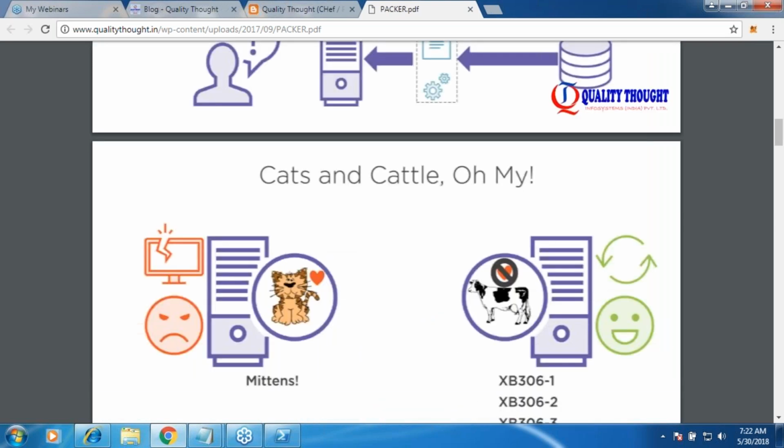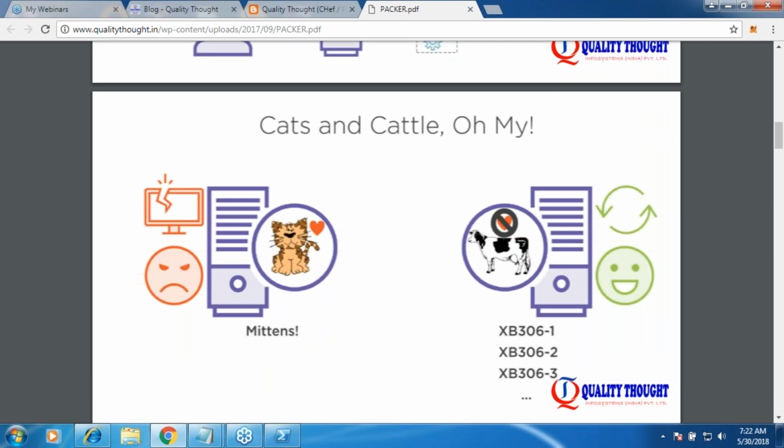This is a convention which comes across DevOps, right? The pets and the cattle. So the basic convention is, in all these days we used to have servers in our office, and we know the IP address of the server, we know how the touch and feel of the server looks like, how big your server is, and all of that. So we were looking after our servers as if they were our pets. We are going away from that convention and we are going to treat our servers as cattle.